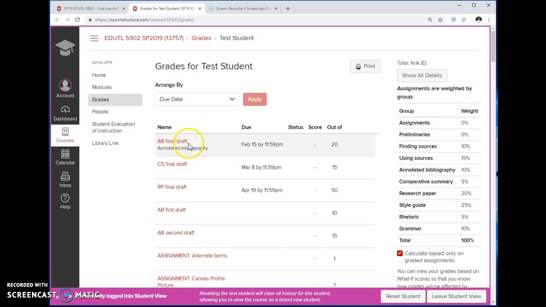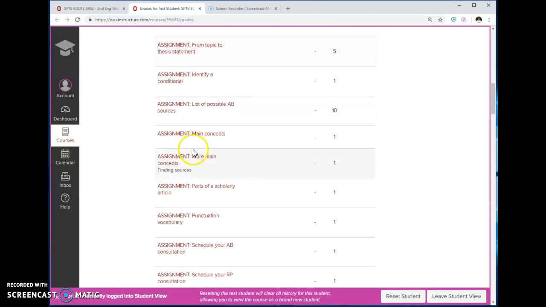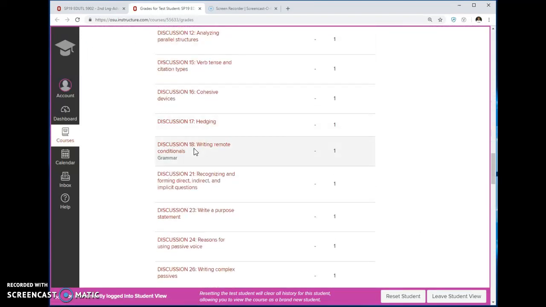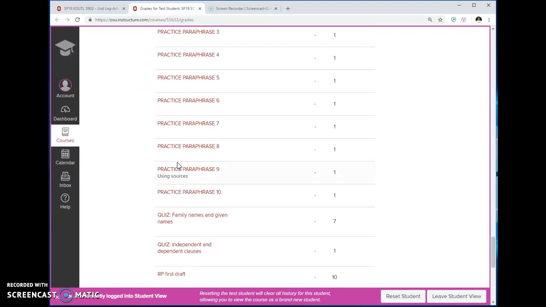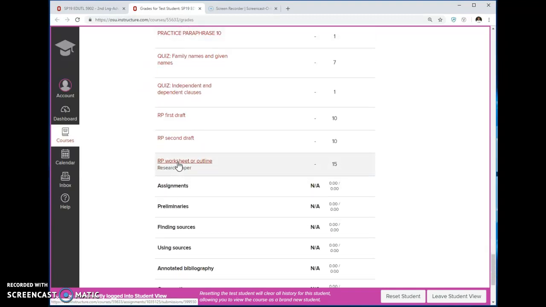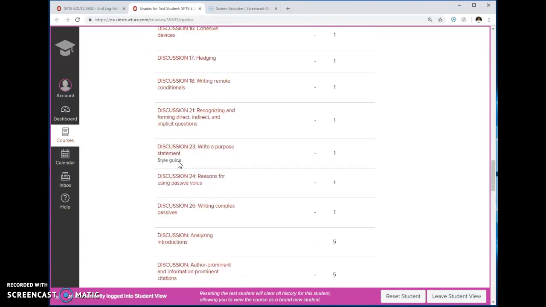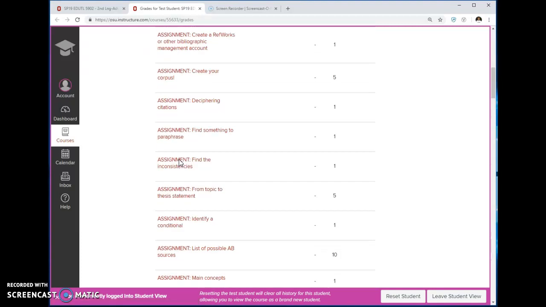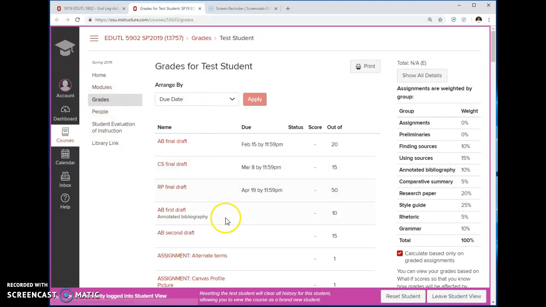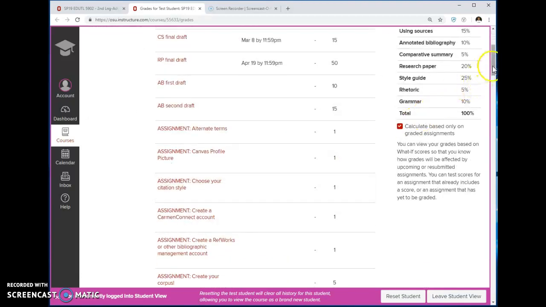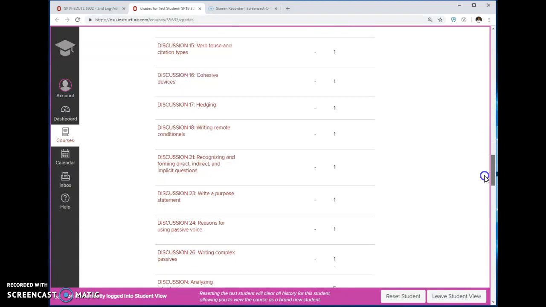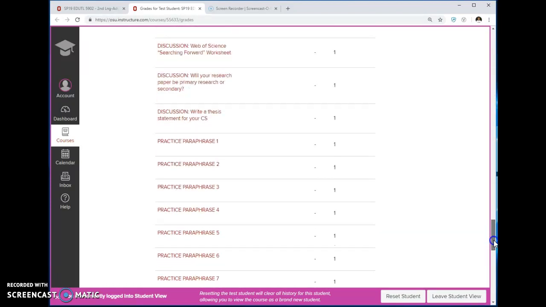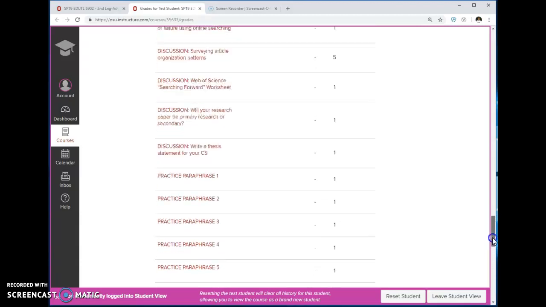Okay, so here you can see all the actual things that you have to turn in. So the modules have actual deliverable assignments and things, but they also have videos and readings and some other things in there that are not something you have to turn in. If you want to see just the actual things you need to submit, then grades is where you can do it. Now, these are all organized strictly alphabetically. They're not divided according to what type of assignment they are. They're just all alphabetical. But notice